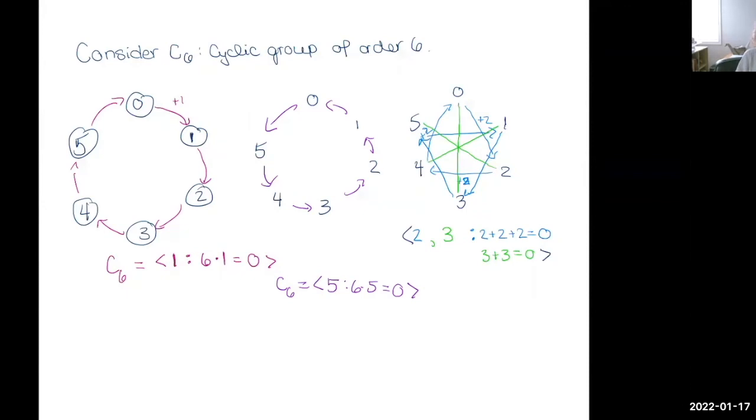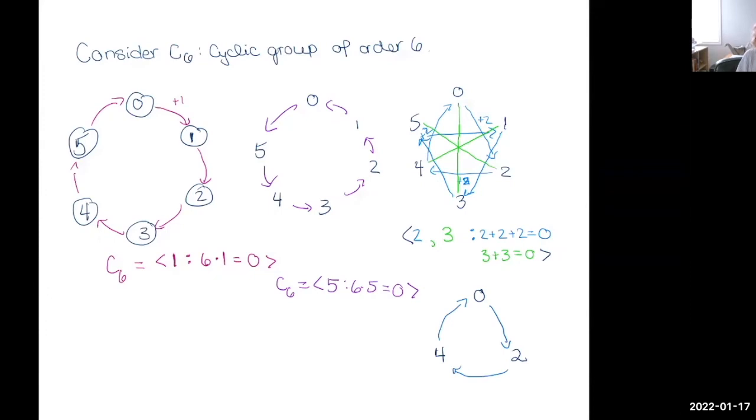So instead, I'm going to start to map out these numbers in a way that's more well suited to the generators. So I'm going to start by mapping out just the ones that are connected by the 2 arrows. So I have 0, 2, and 4, and then it goes back to 0. I go 0, 2, and 4. And then maybe I can add in the remaining ones inside because they're also connected by 2